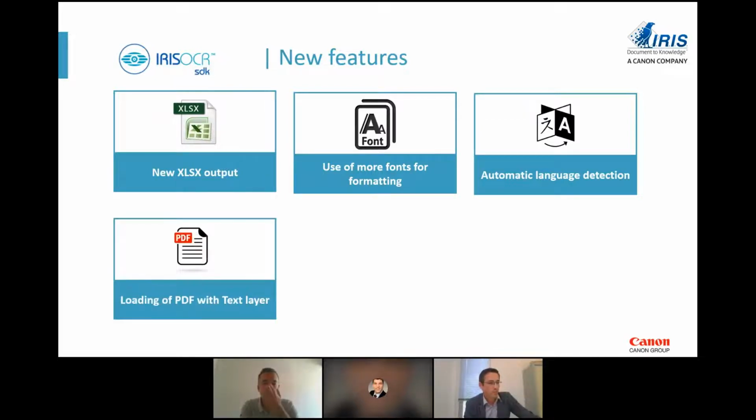We've also improved PDF loading. We could already do PDF loading, that's for sure, but now if there is a text layer inside of the PDF, we're able to not convert the PDF back to an image and then reprocess OCR. No, we can extract the text layer that you will be able to use when you output your file afterwards. So this avoids redoing the OCR, so you win time and probably accuracy as well.